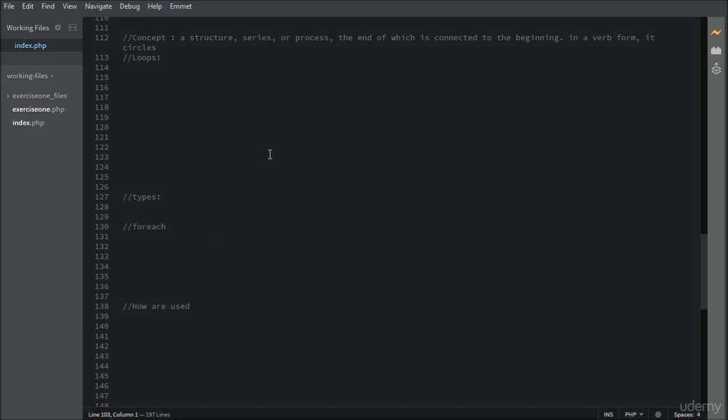arrays, right? We said arrays keep more than one value, whilst variables keep just one value, right? Now, when you have a lot of values inside a variable, and you want to go through them, because